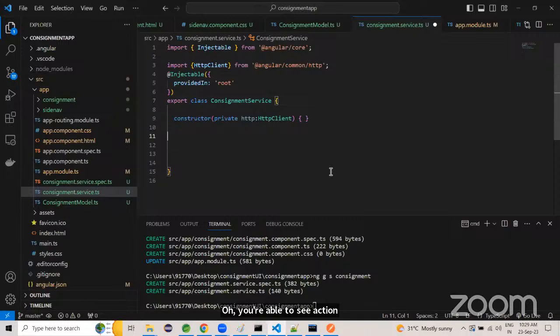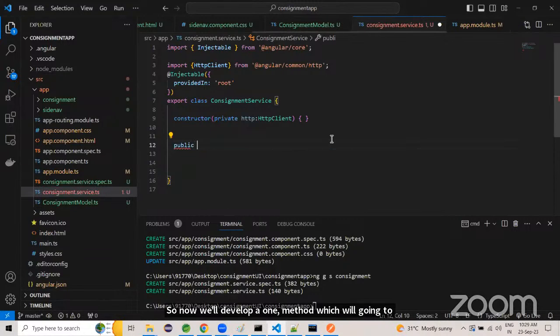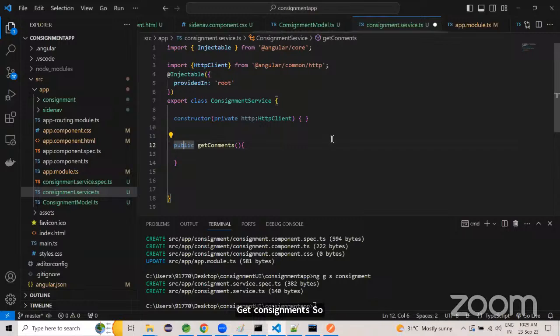Yeah. So now we'll develop one method which is going to communicate with the backend to retrieve the data. So I'm just taking the public getConsignments. Get consignments. So here what I will do is, we discussed in an earlier discussion, this is